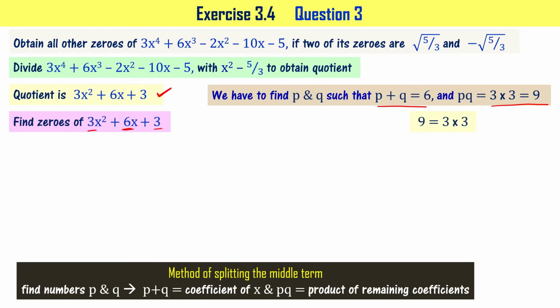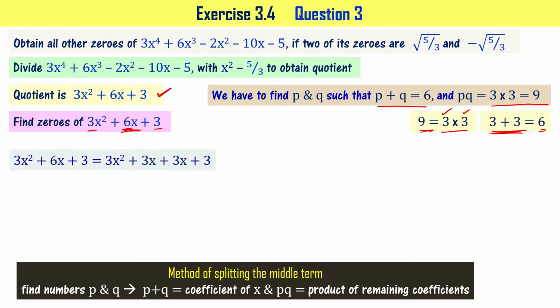9 equal to 3 into 3, right? And 3 plus 3 equal to 6, right? It means if I say that p equals 3 and q equals 3, their product is 9 and their sum is 6, right? It means the middle term 6x now can be written as 3x plus 3x. Let's do that now. 3x^2 plus 6x plus 3 now can be written as 3x^2 plus 3x plus